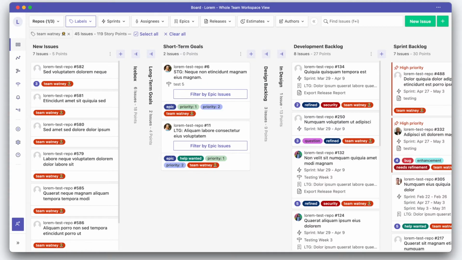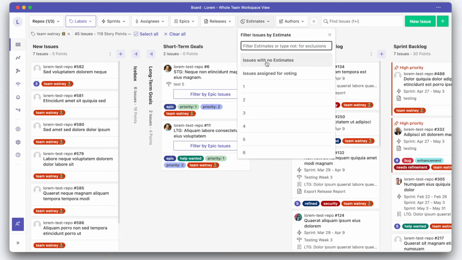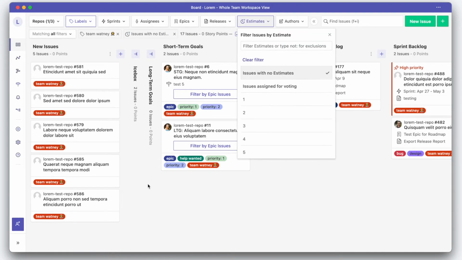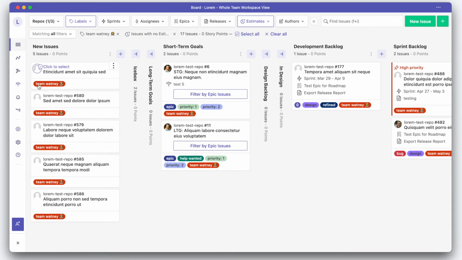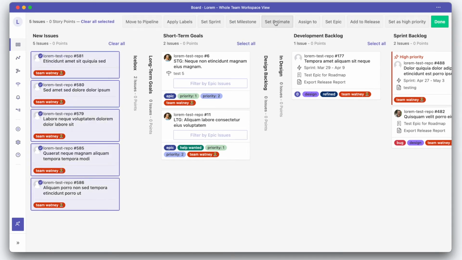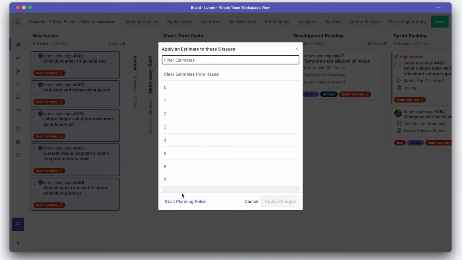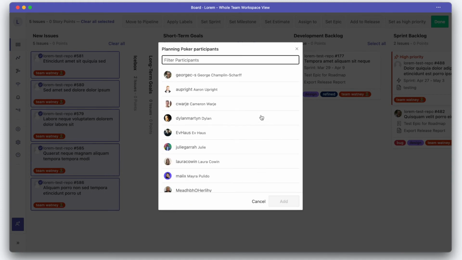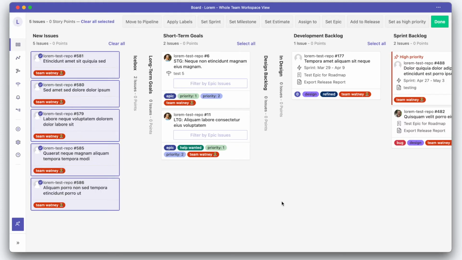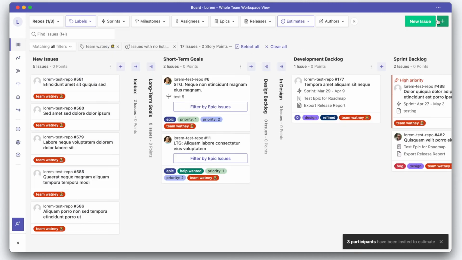All right, we'll go to the board. We're filtered by our team, so let's go to estimates and filter by issues with no estimates. Great, now let's pick these 5. Click Set Estimate, start Planning Poker, pick the team, and we're done. When they're available, my team will vote, and for those issues we're aligned on, Zenhub will automatically